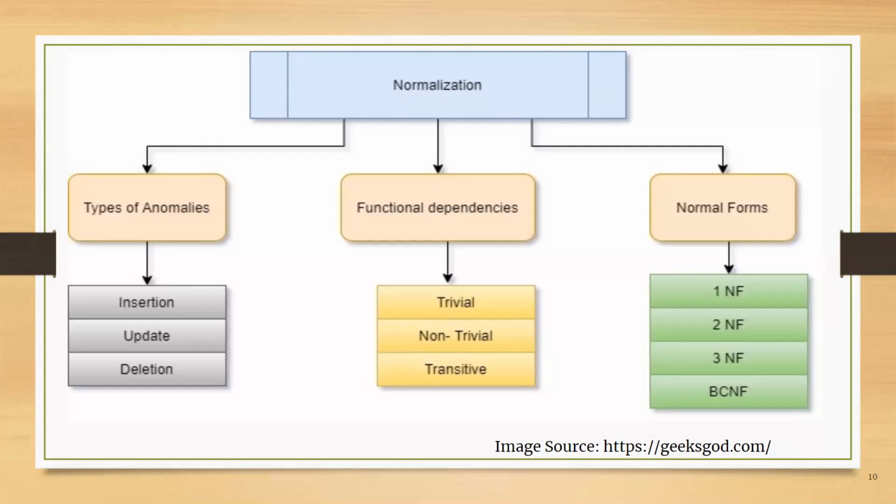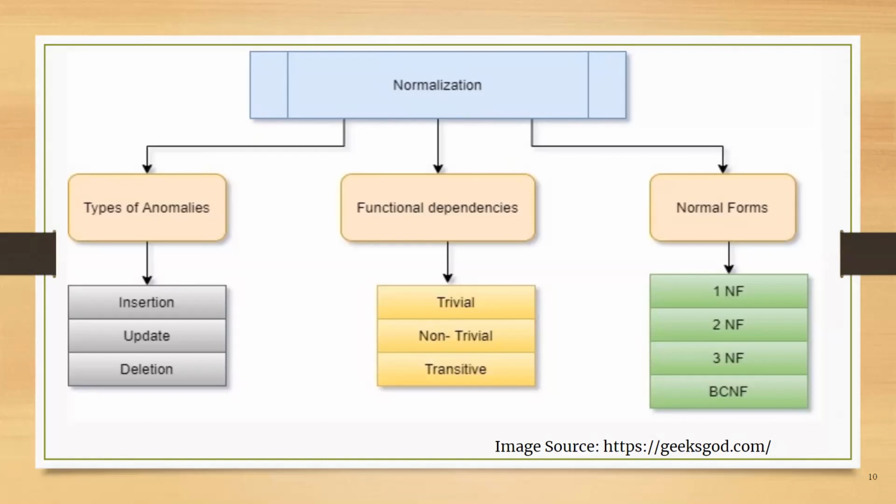So what are the problems without normalization? We are going to see here with an example, the three anomalies which we have. But in general, if the data table is not properly normalized and if the data has redundancy, then it will not only eat up extra memory space, but will also make it difficult for you to handle and update the databases. So the main purpose of normalization here is to minimize the redundancy and remove the insert, update, and delete anomalies. This we are going to see now.